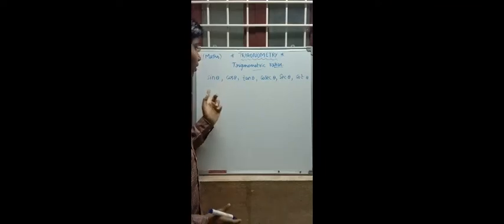There are 6 trigonometric ratios in this chapter. Those are sin theta, cos theta, tan theta. Sin, cos, tan. Again reverse: cosecant theta, secant theta, cot theta. Here theta is the value of the number, measured in degrees. So these are the 6 trigonometric ratios. These all, how, means what is the formula for this, we will discuss now.